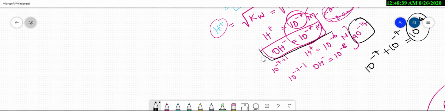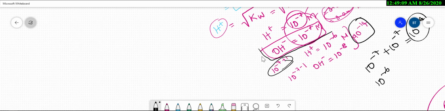That means it tends to become acid. It tends to become acid, what does it mean? 10 power minus 7 becomes 10 power minus 6. How did this 10 power minus 6 come? If you add minus 7 with plus 1, minus 7 plus 1, then it becomes 10 power minus 6. So which is bigger, 10 power minus 6 or 10 power minus 7? 10 power minus 6 is bigger. That makes it more acidic.